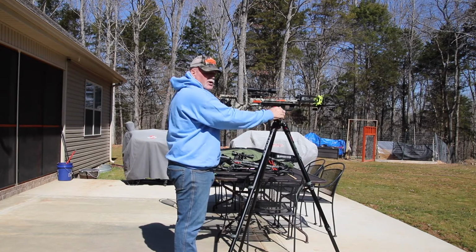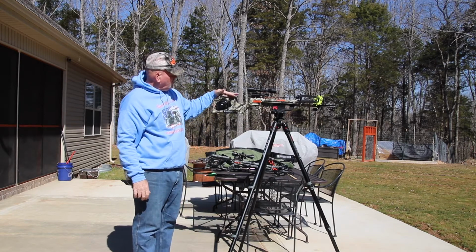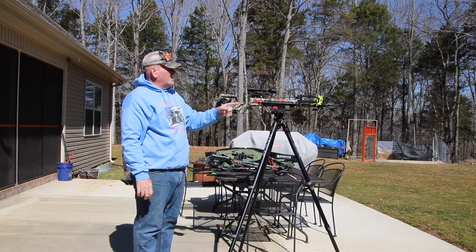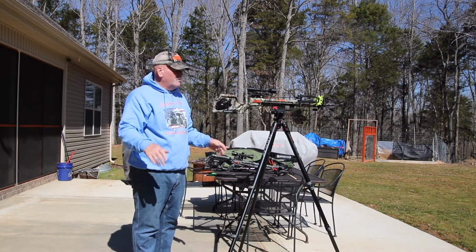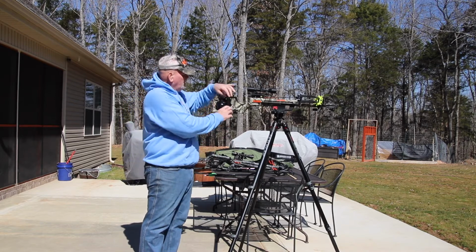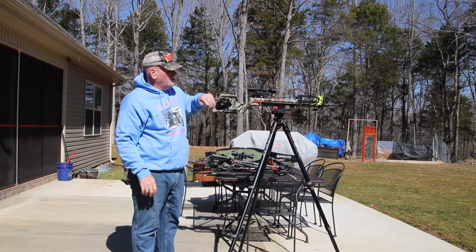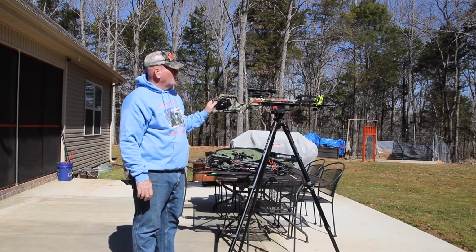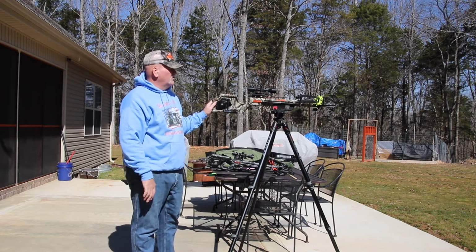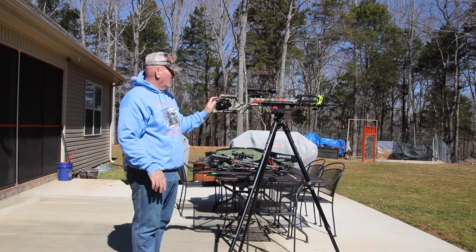This is the very first one that I got to shoot out of the Wicked Ridge series, so I felt it was only justice to go ahead and put this thing on here so you can see it in action as well. He's got a different kind of dampening system on it, but that's cool. His scope's a little different, but the principle is all going to be the same when we shoot. I just wanted to finish this video up a little bit and show you the Wicked Ridge Invader GS series here. It's a little bit older model, but it's still by TenPoint. It's still wicked, and I thoroughly enjoy shooting it because that's what my wife shot first, and I shot first before my bolts got here for my Wicked Ridge